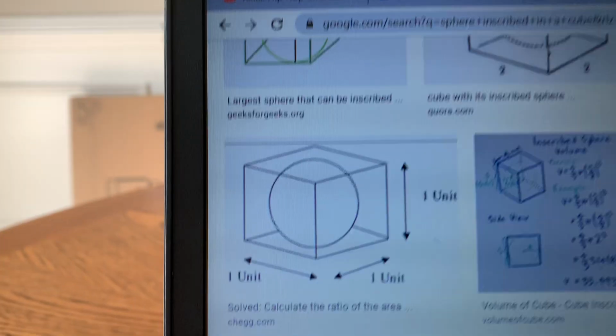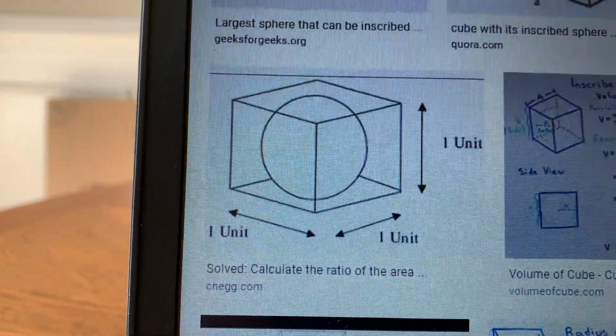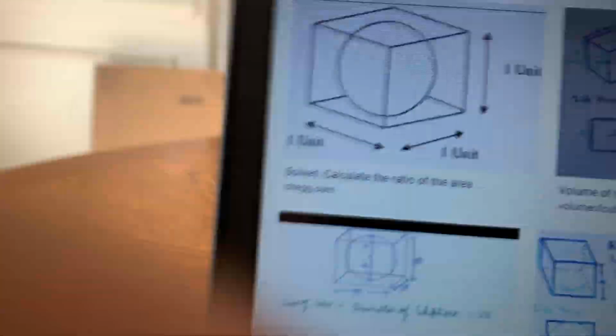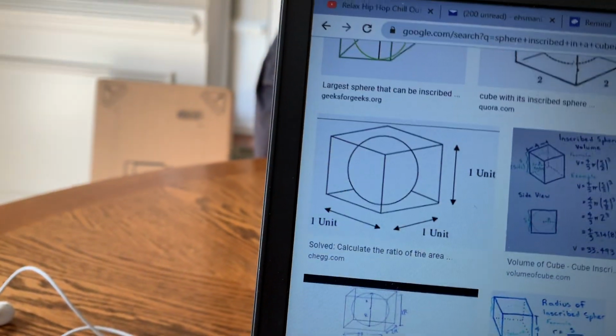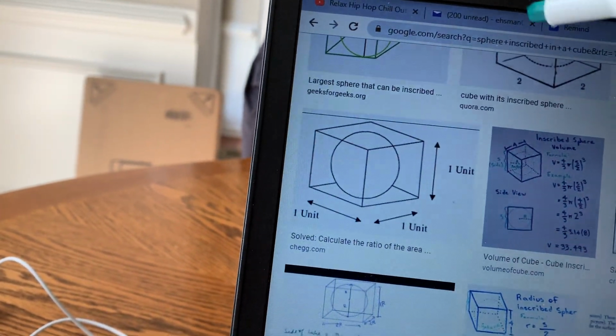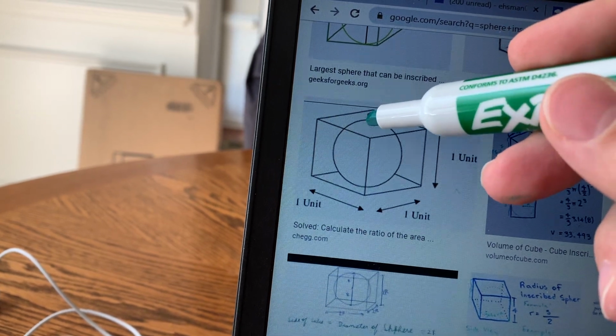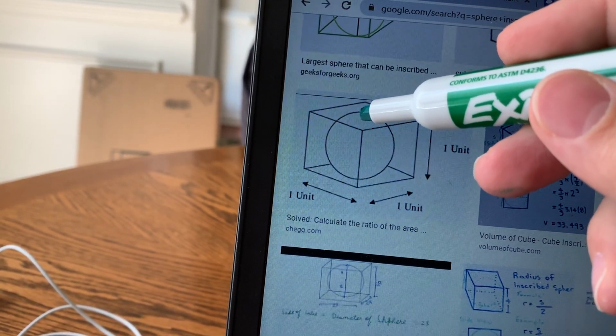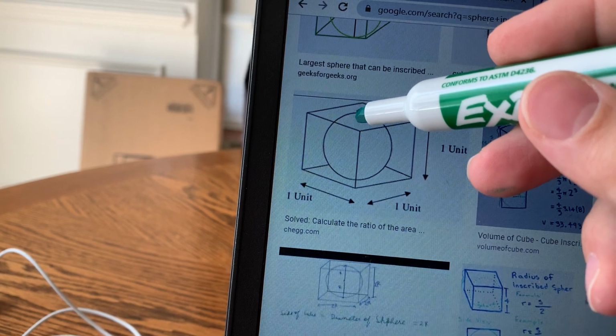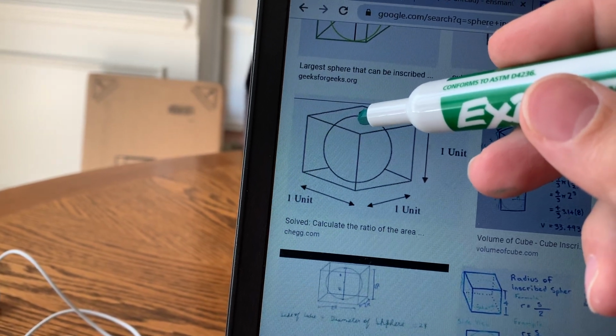I have a sphere inscribed inside of a cube. Okay, there we go. So the basic idea of it is this. Again, it's kind of hard to see here, but when it says it's inscribed inside of the cube, basically what that means is the top of the sphere is in the very middle of the top face of